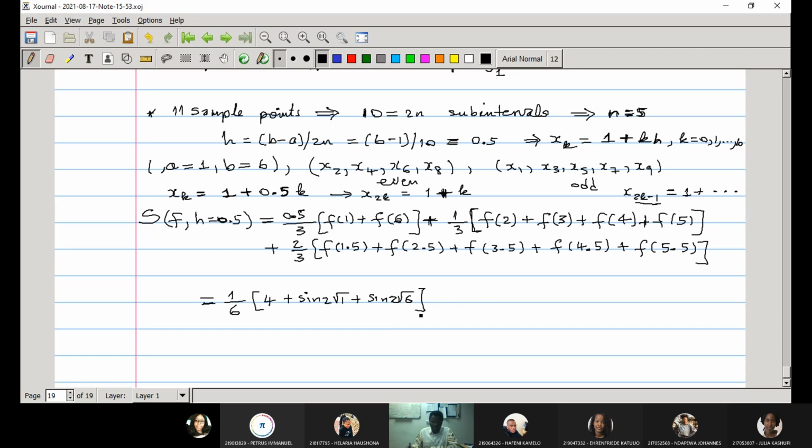Good. And that is it for this term. Now for this we have 1, 2, 3, 4 terms, and 2 times 4 is 8. So I can group that here. So I will have 8 here in front, then plus sine 2 square root of the argument, which is this one 2, plus sine 2 square root of 3, plus sine 2 square root of 4, plus